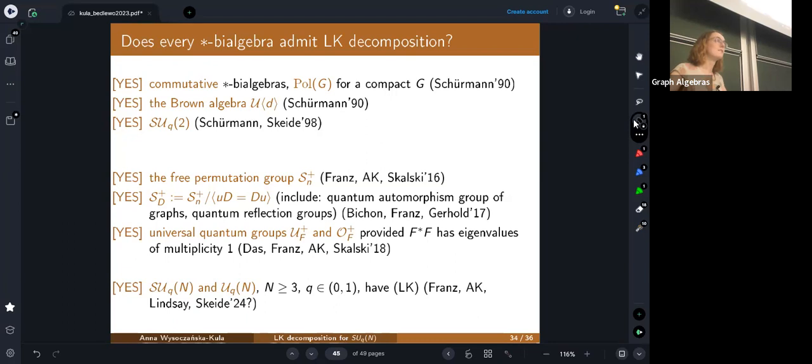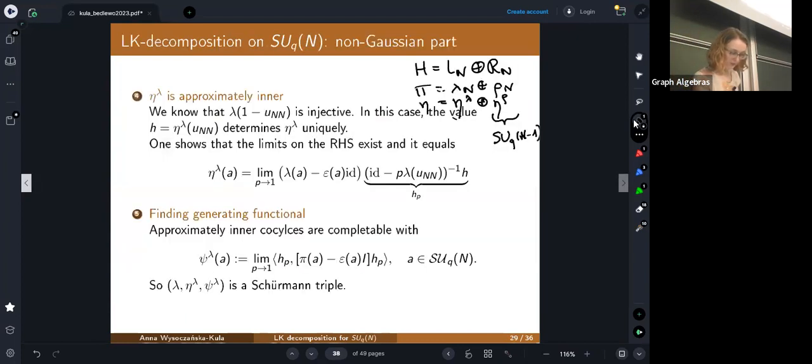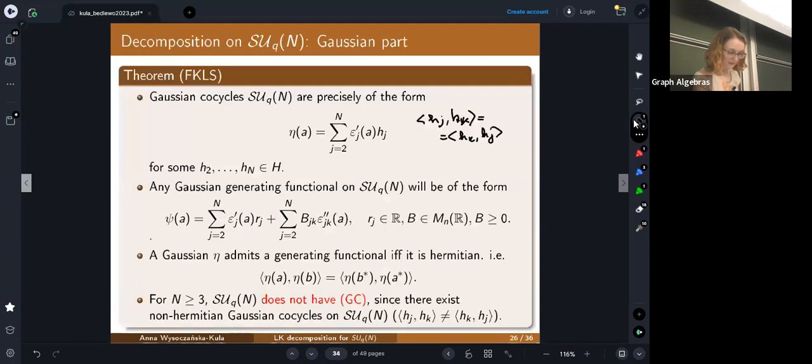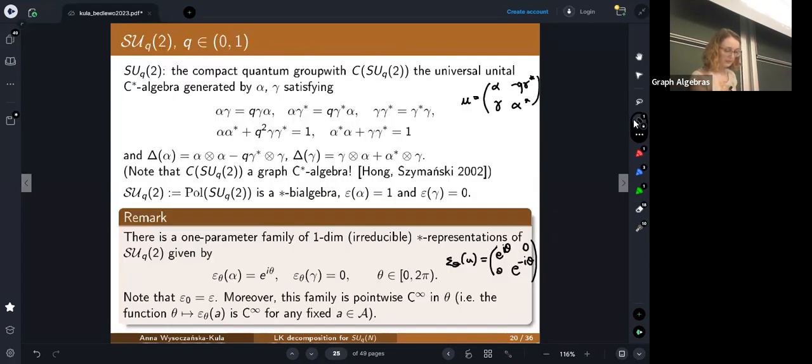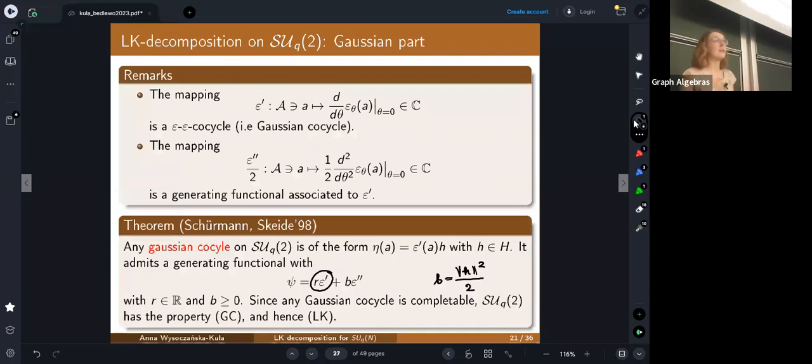So all the results you presented are under this assumption that you restrict this condition for being Gaussian to a classical torus. No, but this follows from the relation we have in the algebra. Let me maybe go back to one of the cases we had. So in here, we have this one parameter family that lives on the torus, and it was just shown that this is enough to describe all Gaussian